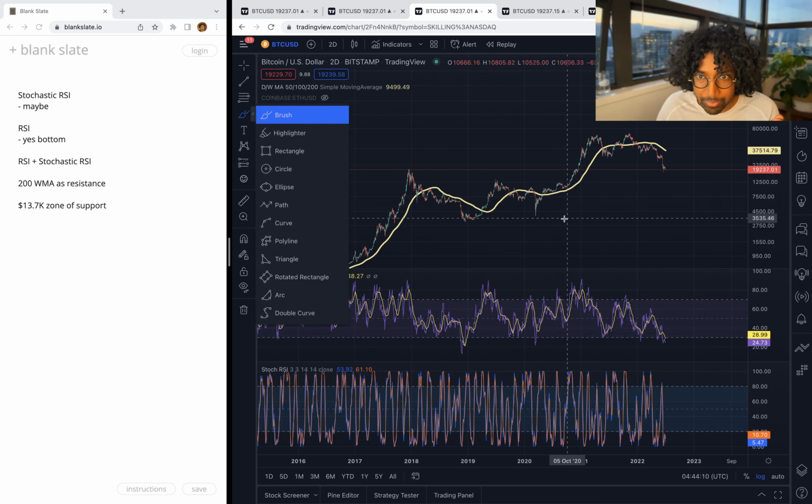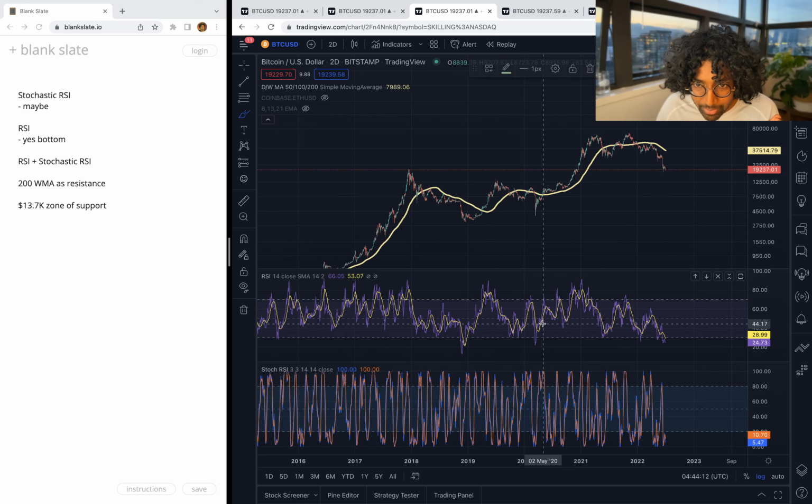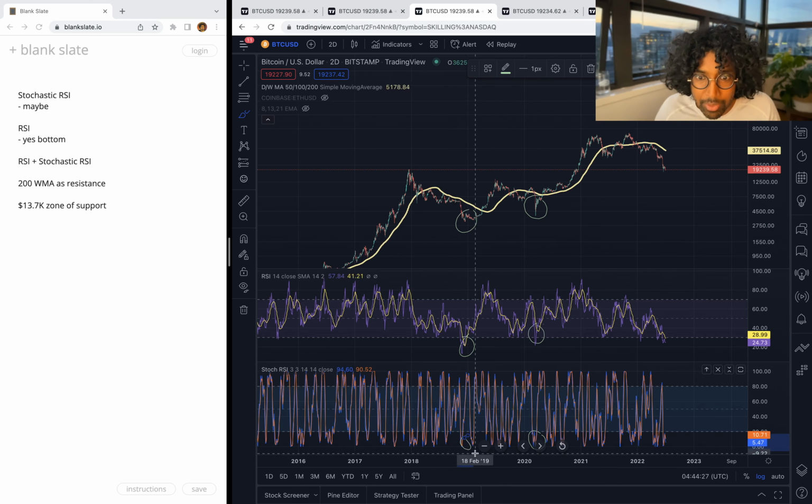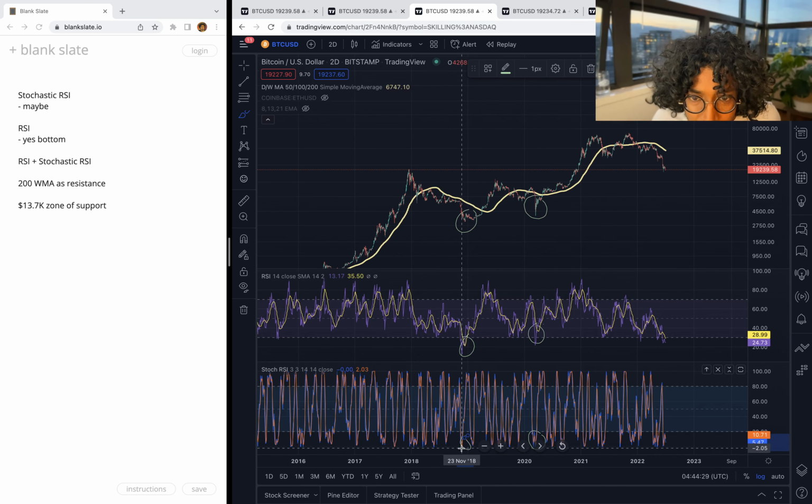You saw that first one. Let me show you again. We had another bottom here. This is for the RSI. This is such an ugly chart. We had a stochastic RSI, and we had a bottom here. This is the 2020 COVID crash. And I draw this one here, right? I think it's that one. Yeah, there we go. Okay, so it's a little off, but you get my drift.